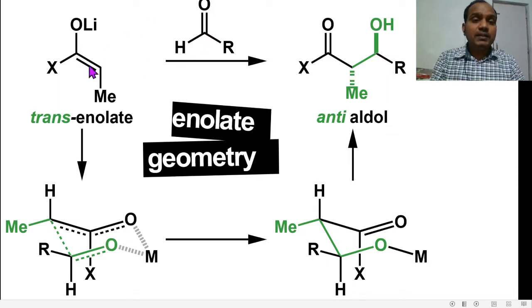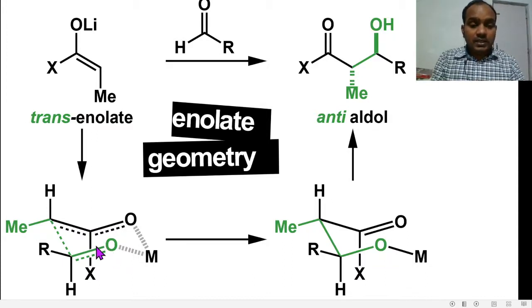molecule, there is an attack of that enolate carbon on that aldehyde, and there is a formation of this 6-member transition state. Now see this 6-member transition state. Now this chair conformation is drawn to maintain the trans geometry of enolate. Now this is the attacking carbon of enolate on that carbonyl carbon. There is an opening of the carbon oxygen double bond of that aldehyde molecule. This gets coordinated with metal, means this metal gets shifted from this enolate oxygen to this aldol oxygen atom, and